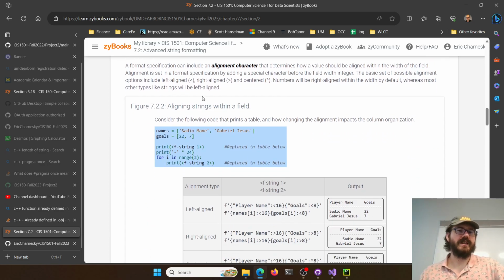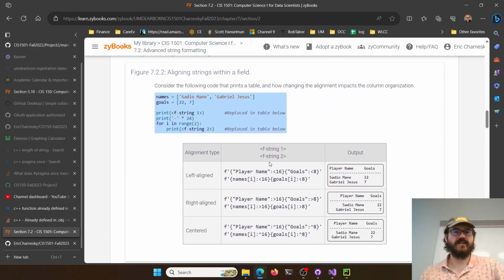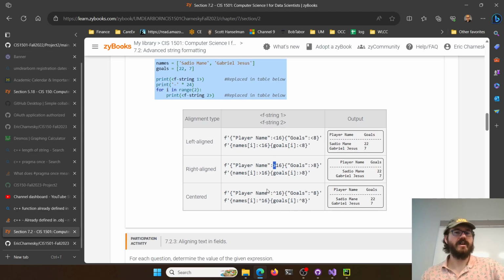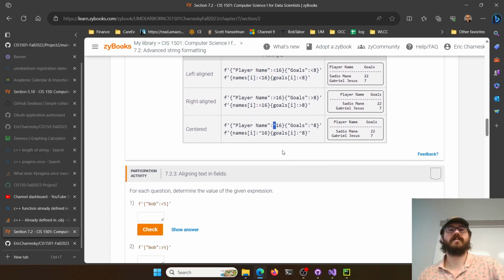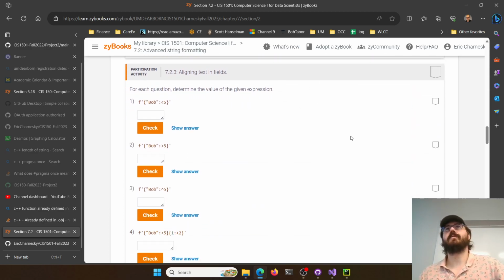You can align characters. This just gets crazy here, but you can do left aligned or right aligned, right? With setting the size here with the left or the right arrow, we'll align them a certain way. You can center align with the caret here. It's just some fun output operators to make your text look pretty. I won't ask you to do those. zyLabs will. I'm not very big on pretty.